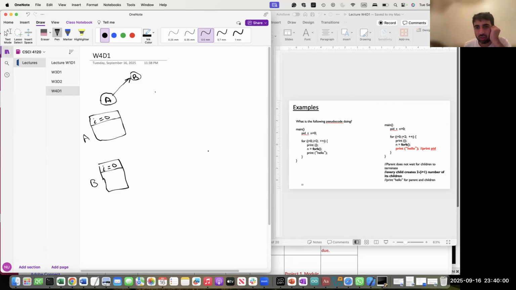Then when B continues, after n is equal to fork, it will print hello, and then go back to the loop. It will increment I, so I will become 1 for A, and then it will check I is less than 2. Yes, so it will print I again. I'm not printing those messages. It will say n is equal to fork, so it will create another child. Let's say it creates the child C,